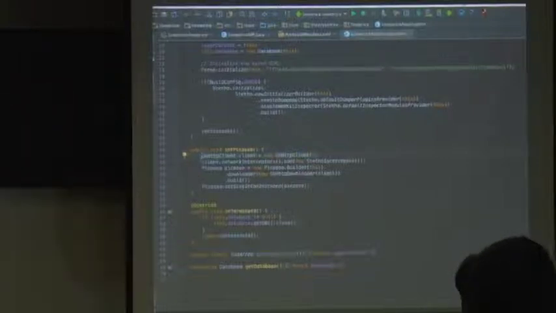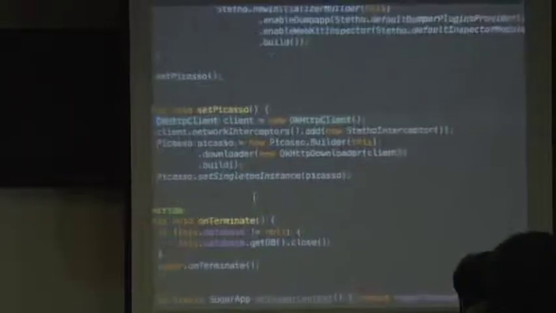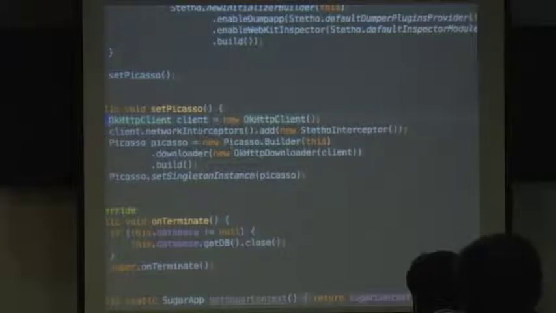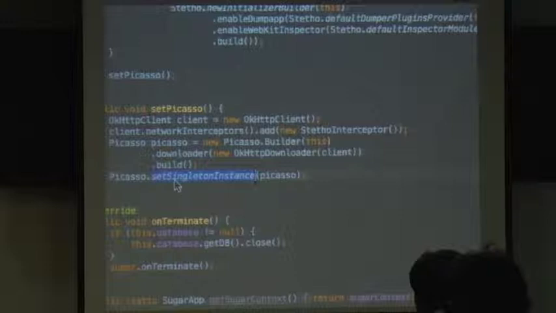So, right? If you see here, all you did was create a new instance of Picasso, added a downloader, which is the OkHttp downloader, and then set the singleton instance, because whenever you call Picasso, it's a singleton. So you say Picasso.get instance and it will return you that instance. So you are overriding that instance to return your Picasso instance, which has an overridden OkHttp. Got it? So let's see how that works.